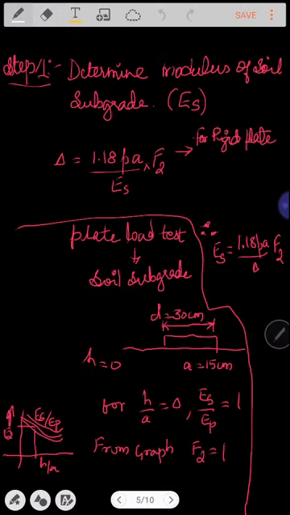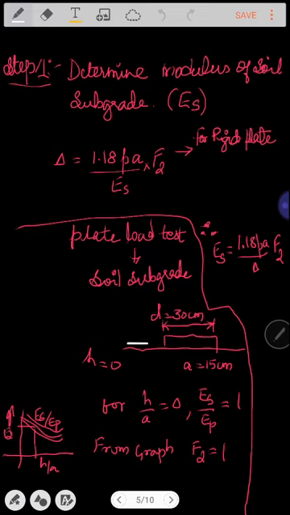With the help of the plate load test, it can be easily found out what the value of ES will be. Usually there is a routine practice of conducting this plate load test, where a plate of diameter 30 cm is applied over the soil subgrade, and the soil subgrade is tested for finding out the Young's modulus of elasticity ES. So if you refer to this particular plate that has been placed over the soil subgrade for finding out the value of ES, for step number 1.